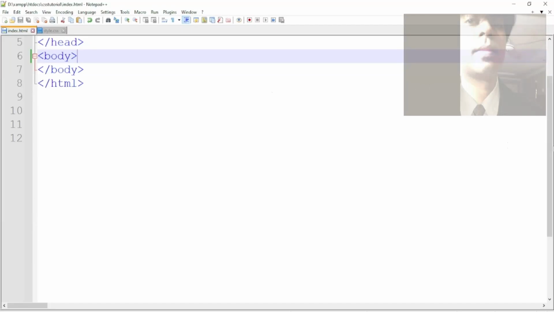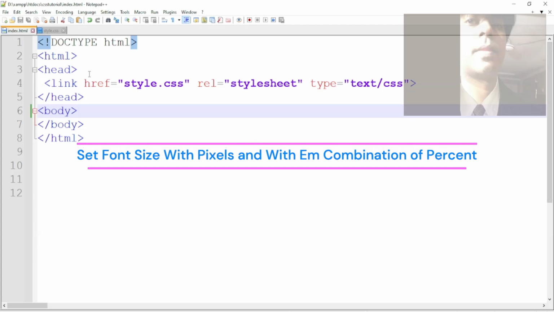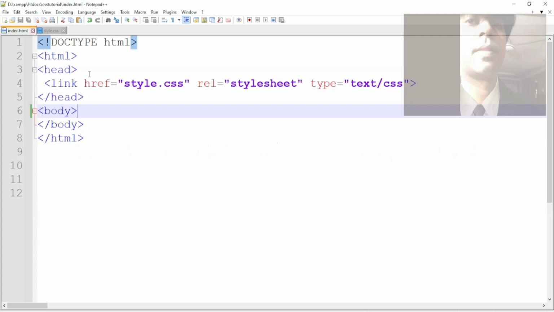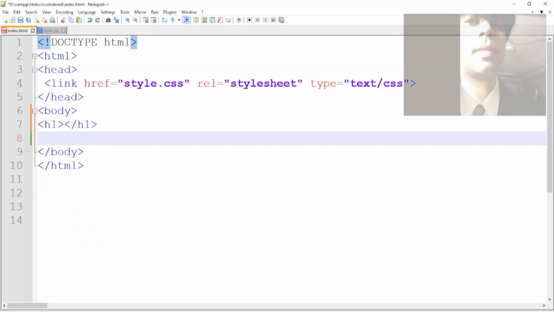Hi. In this CSS tutorial, we will learn about set font size and set font size with EM. So we'll use, in body tags, open heading level 1 and close the heading level 1. After that, we will use open P element and close the P element, copy